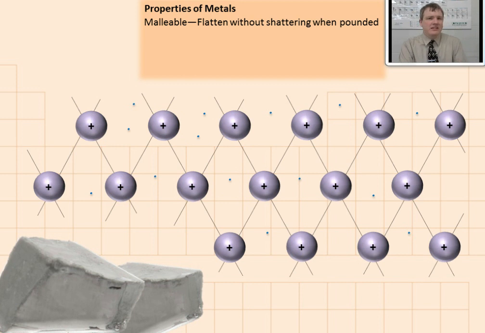Another thing related to malleability, by heating metals up, you can draw them into thin wires. And the reason that works again is because all you're doing is moving the positive cores within that sea of electrons to a new location without shattering the substance to pieces. So that's one of the really cool properties that metals have, is that you can pound them and shape them without destroying them. Speaking of ductility and wires, let's take a look at what happens if you run wires to